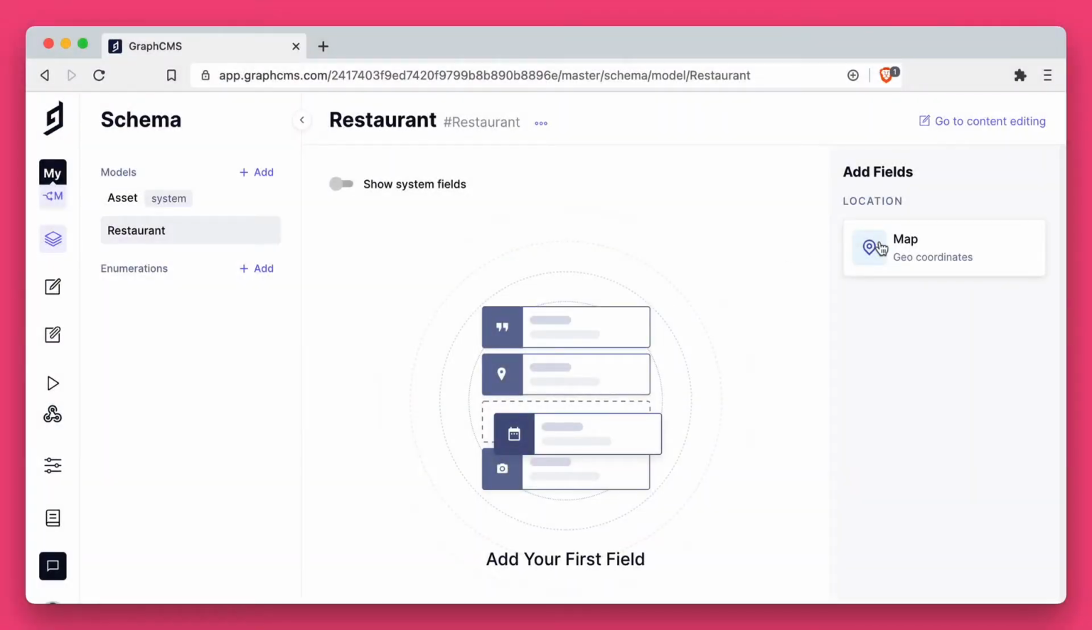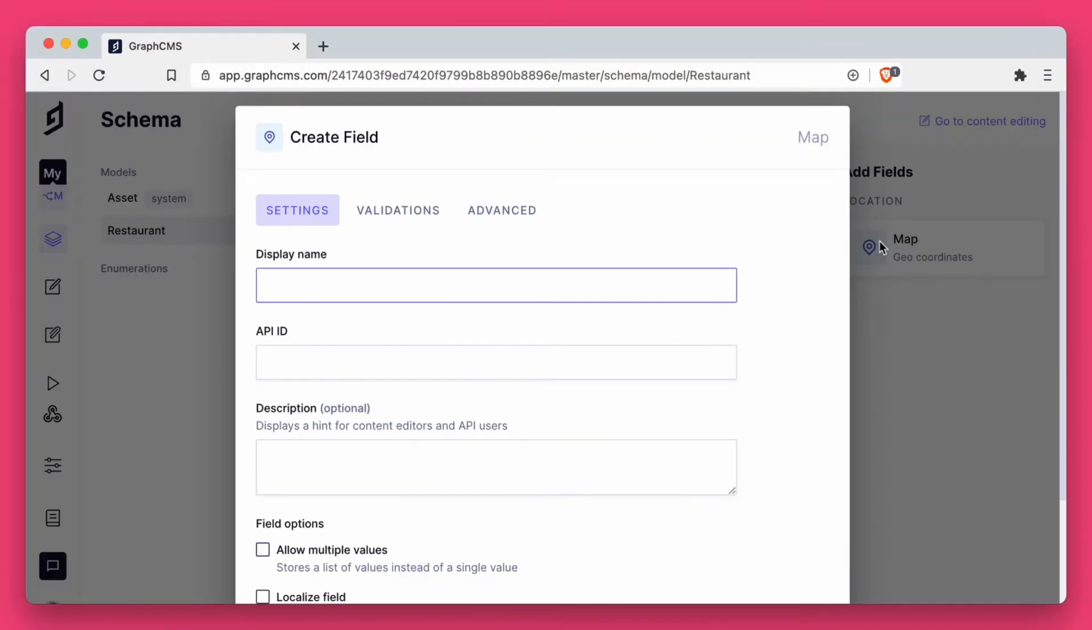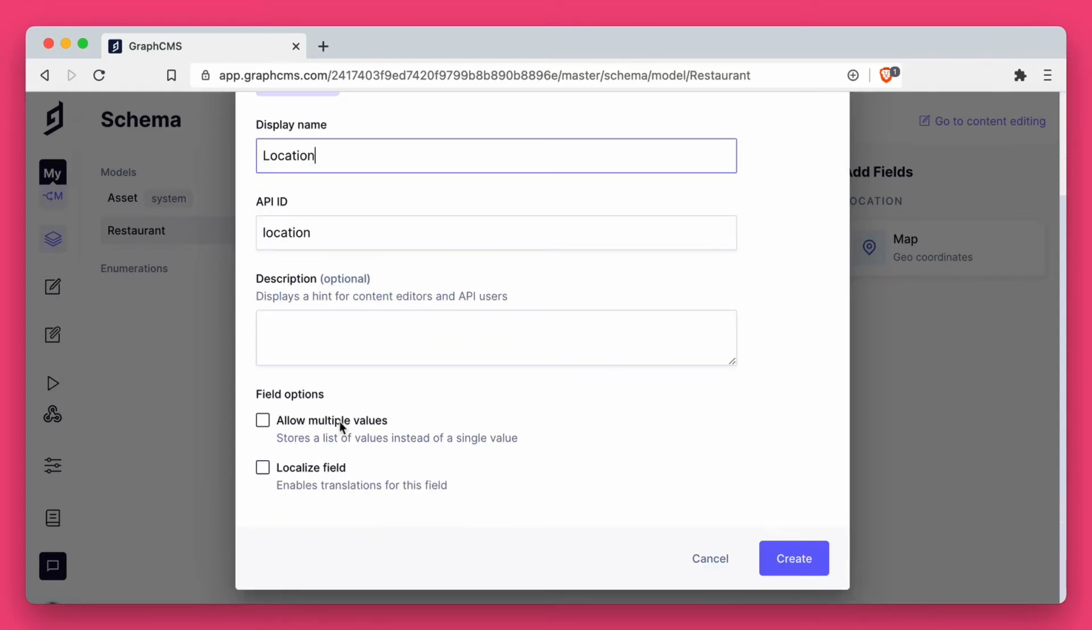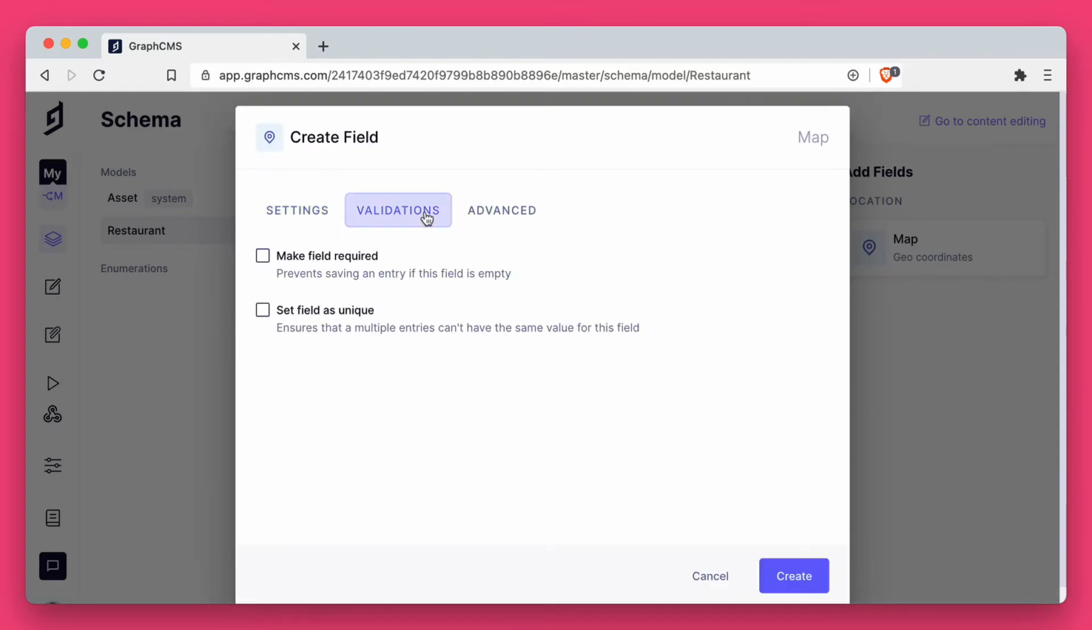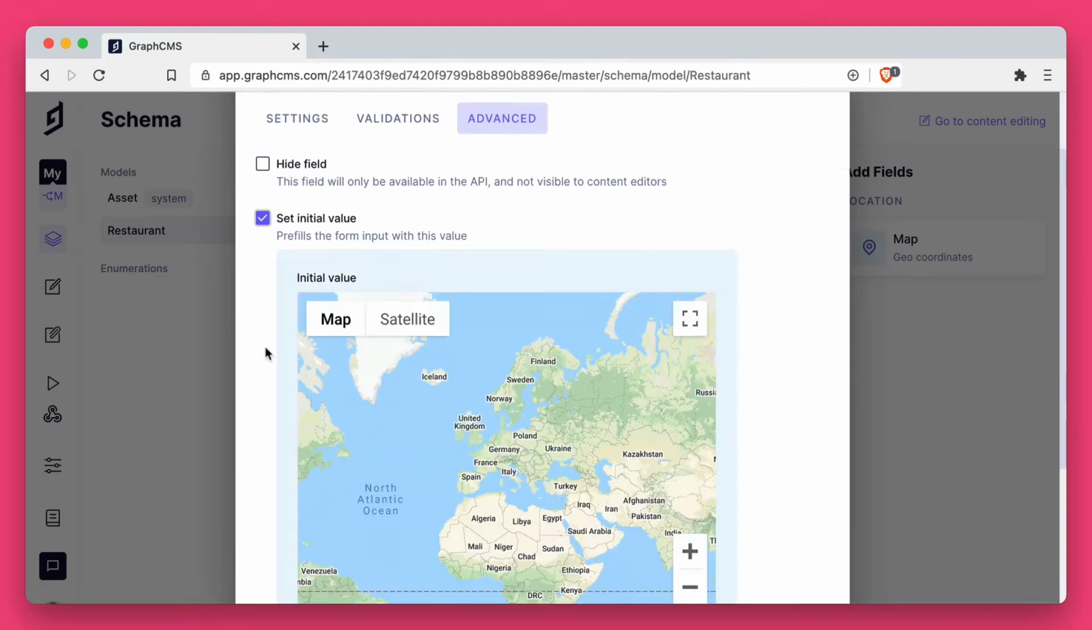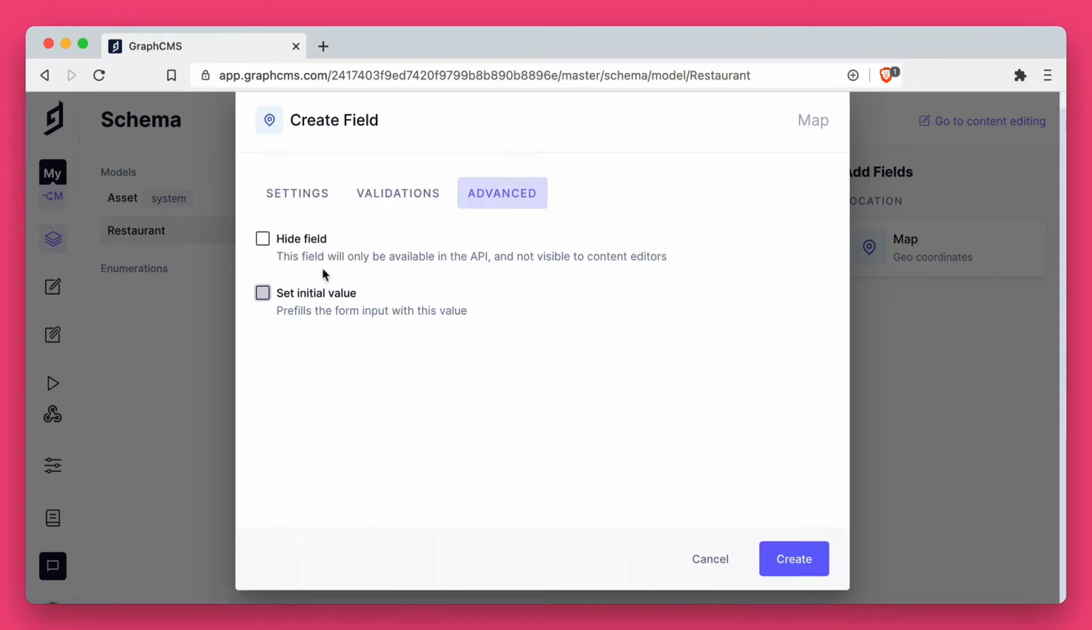Here we have a restaurant model. It has no fields, but let's go ahead and add a location field. We'll give it a name of location and keep the API ID as location. We'll not set on any of the field options, we'll not make it required or unique, and we won't set